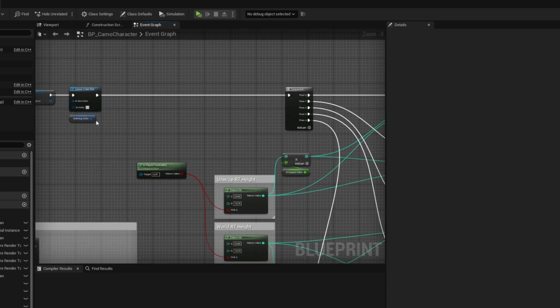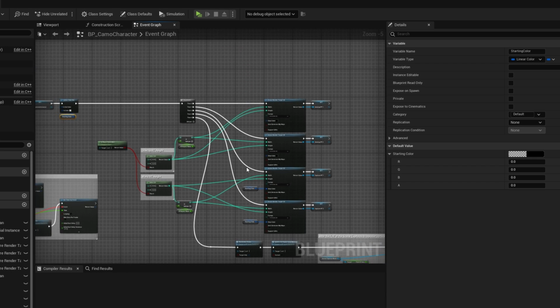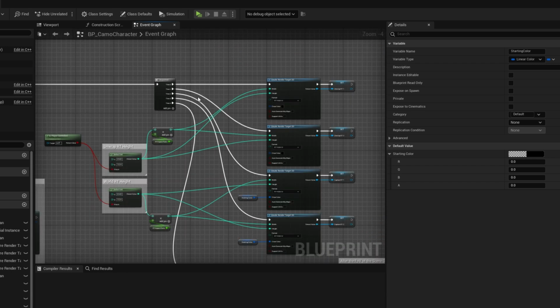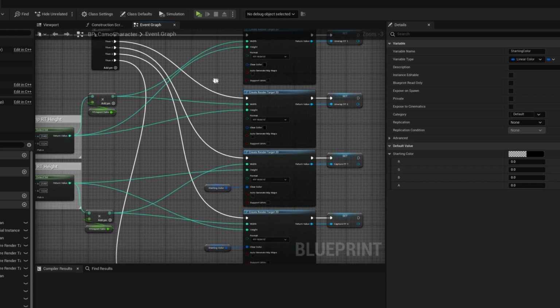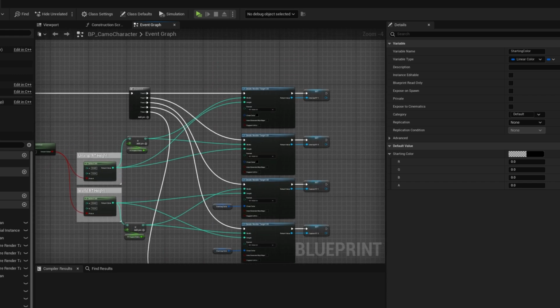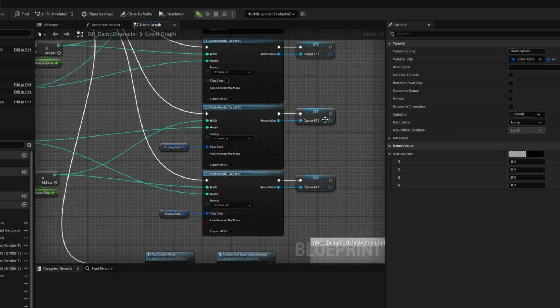And before we've done any captures, we do just have a starting color that we'll be setting up as the base character look. After that, there is a bunch of render targets to create. So for now, we have 4. We have 2 unwraps, 2 world captures,